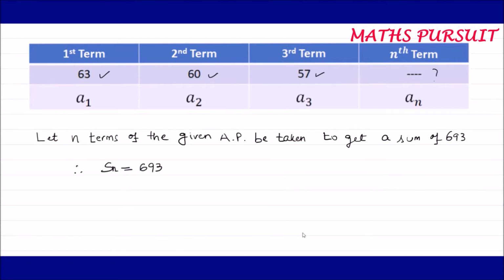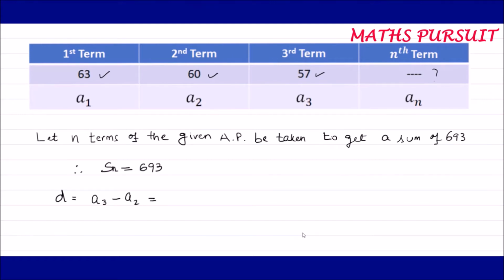If you look at these figures, third term, second term, and 60 the first term, you will see that there is a common difference of 3. So I can find out the common difference D. For most things, we require a common difference. So here for the common difference, I will take A3 minus A2. You can also consider A2 minus A1.